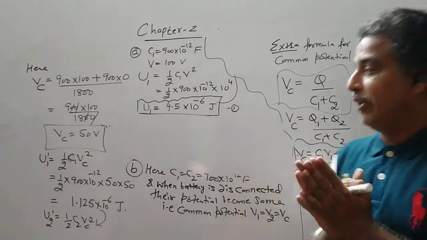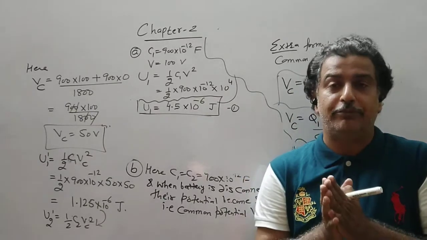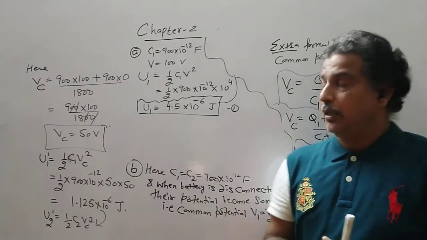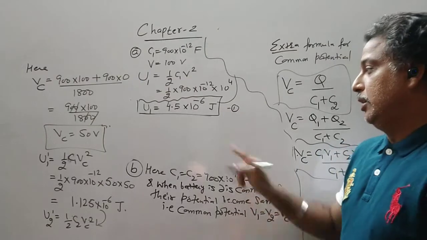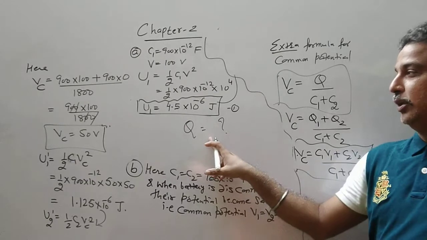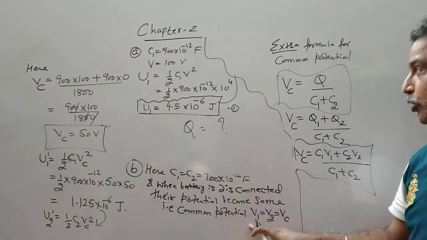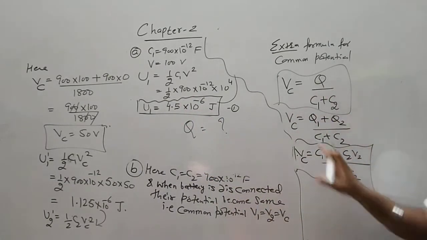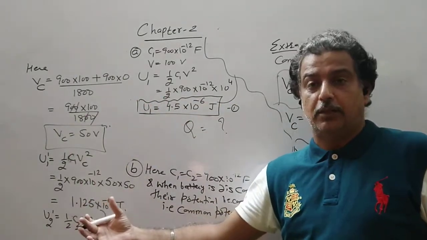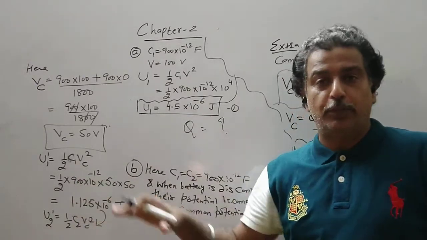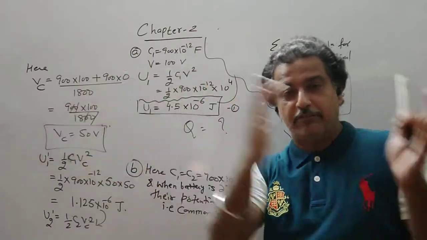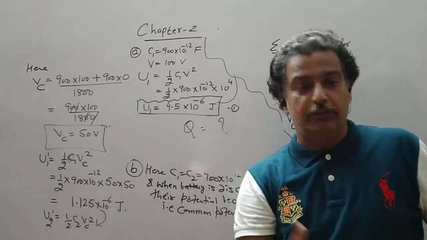So you have to first think whether you will be using the concept of charge or the concept of common potential. If you are using the concept of charge, in the first part itself you find out Q. Otherwise there is no need to find Q. Say U1, then I move to this portion, I use this formula, I find out this and I do this. And if it is asked to find the total energy of the system, you do the addition. It comes out to be half. This is for only the identical capacitor formula. Half is lost, half is pending, then half is divided into 1/4, 1/4.